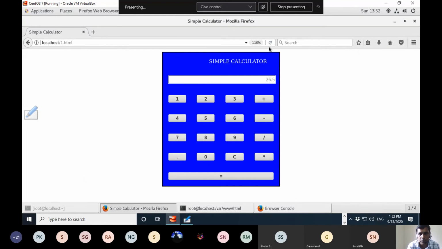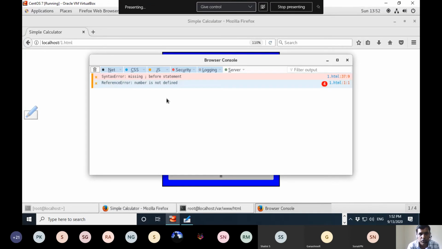Now I will refresh this program. It won't work. Okay, now see the browser console, see here. So there is a syntax error, missing before statement in line number, and see reference error, number is not defined. So that means you have an error. I removed the n from the function keyword.